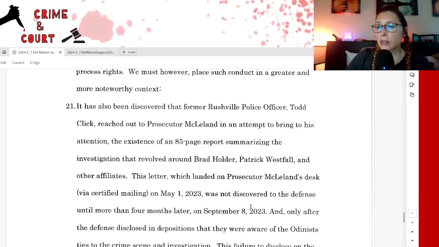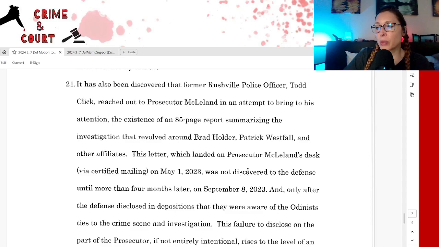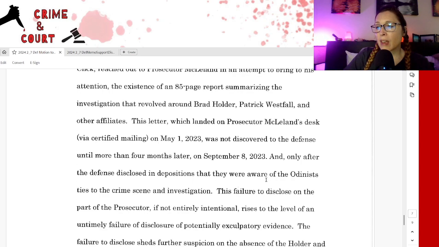It has also been discovered that former Rushville police officer Todd Click reached out to prosecutor McLeland in an attempt to bring his attention to the existence of an 85-page report summarizing the investigation that revolved around Brad Holder, Patrick Westphal, and other affiliates. This letter, which landed on Prosecutor McLeland's desk via certified mailing on May 1st, 2023, was not discovered to the defense until more than 4 months later, on September 8th, when they got their big data dump,